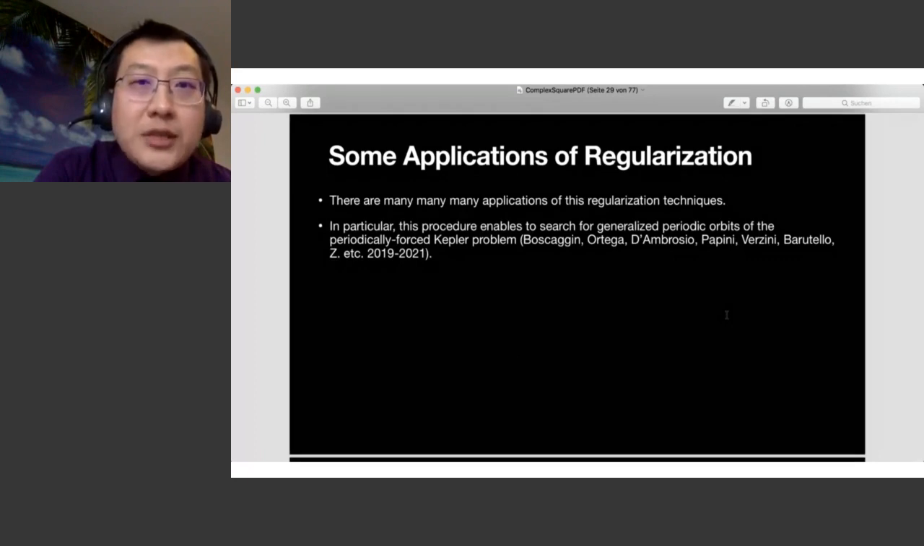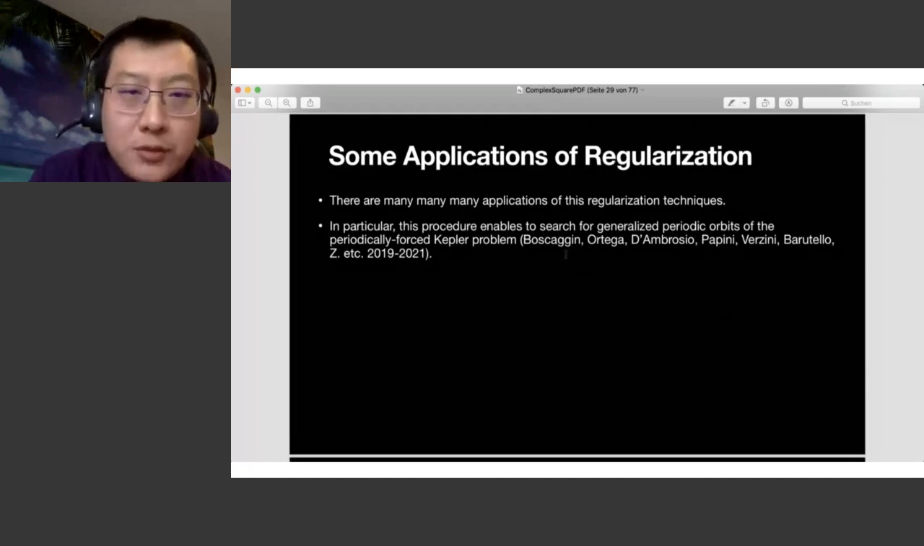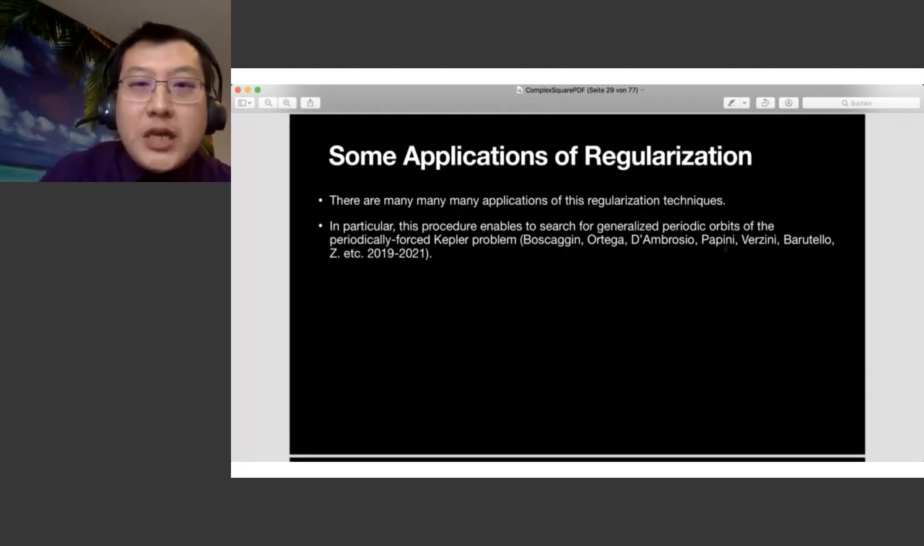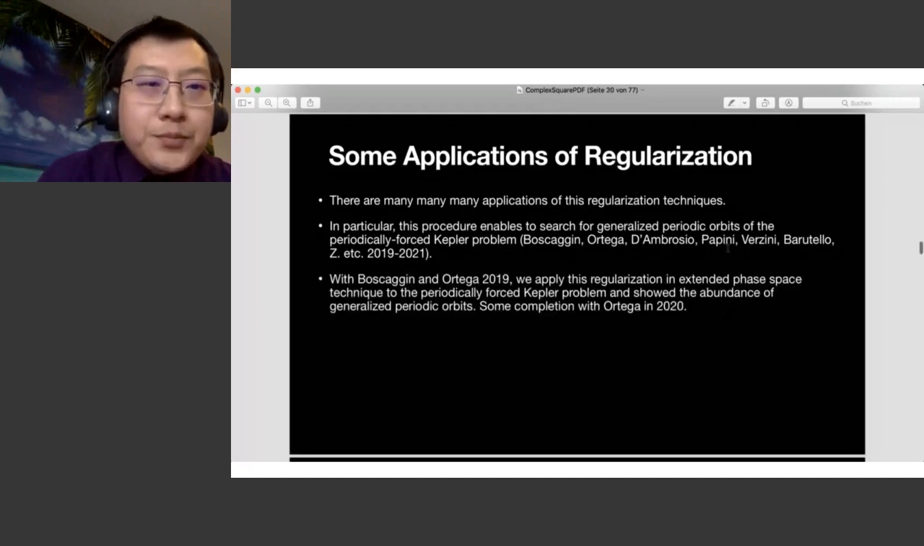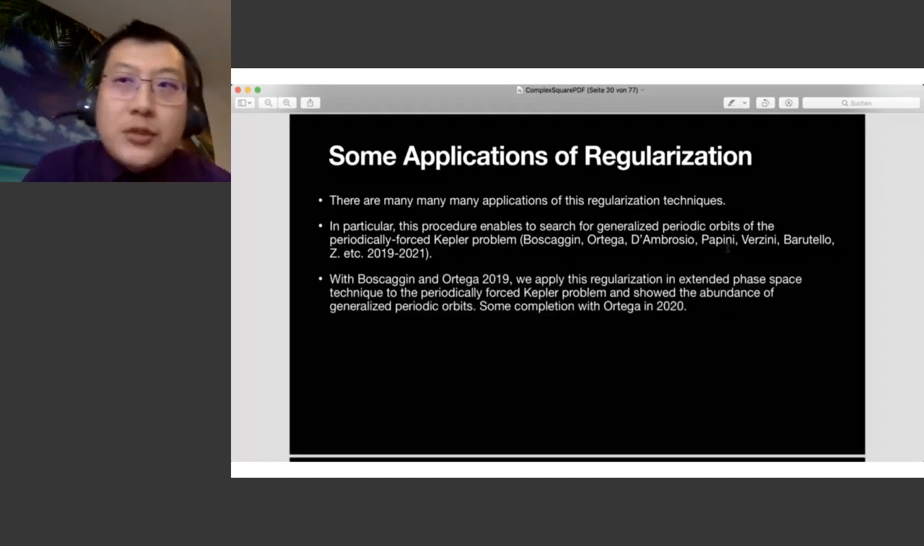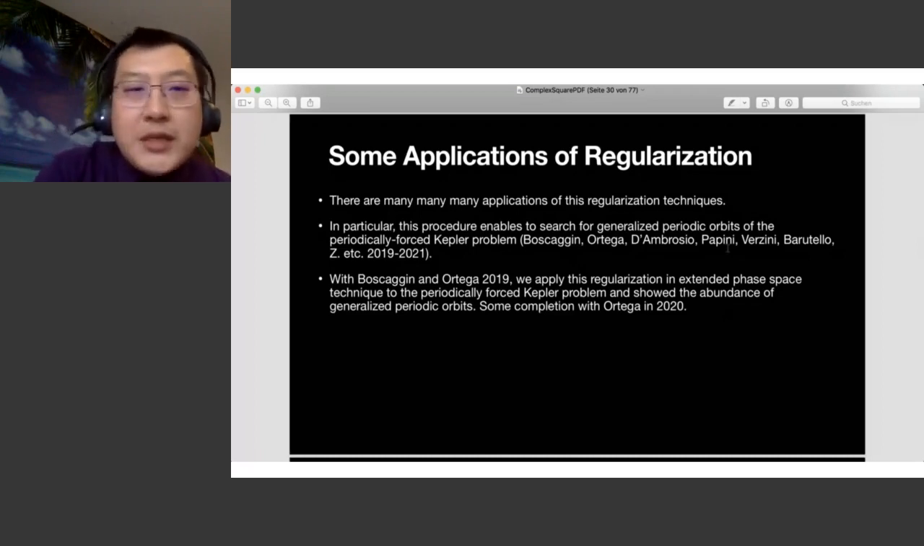And this is a subject which has been studied by myself, but also with many other colleagues and collaborators, from Italy and from Spain. So some results I would like to mention. With A. Boscaggin and R. Ortega, we apply just this regularization procedure in extended phase space technique to this periodically forced Kepler problem, and there we show that